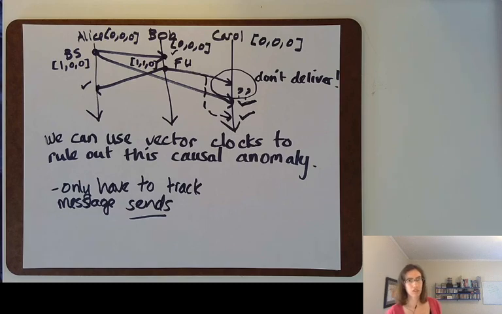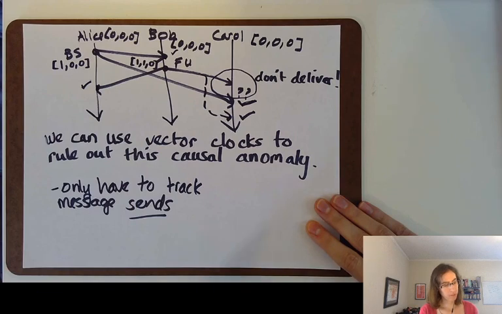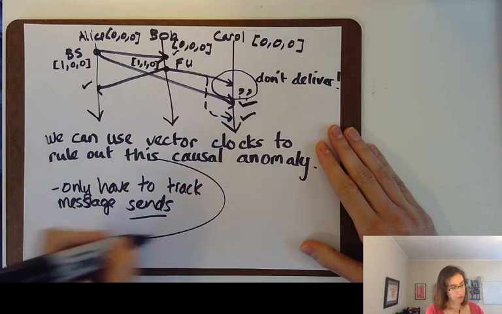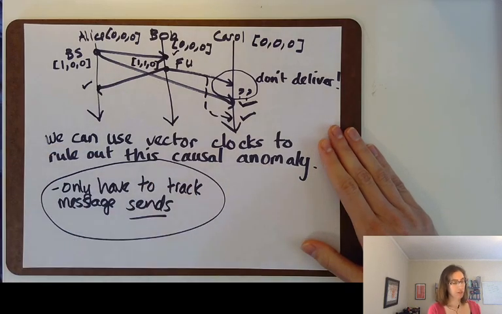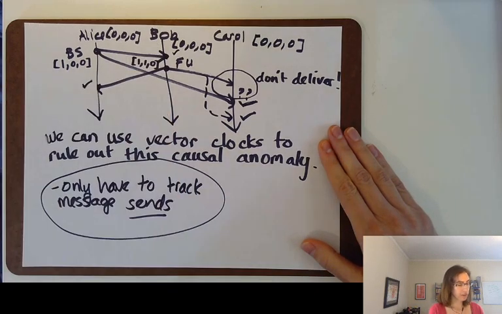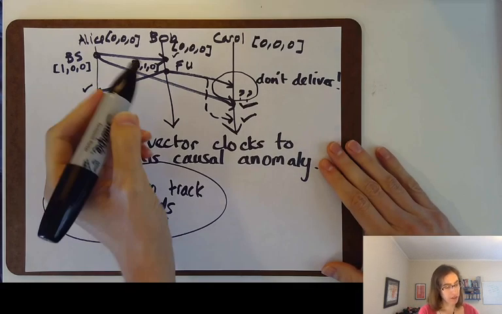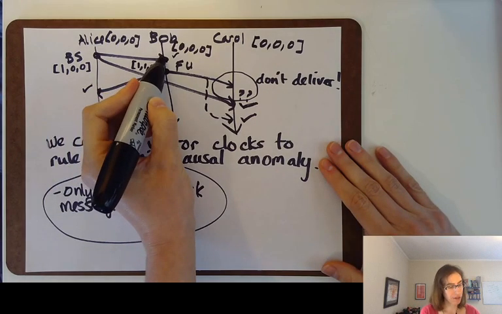Question in chat is, shouldn't the second event on Bob's process line be 120? So that's where this comes in, where I say we only have to track message sends. So this here actually doesn't count as an event on Bob because it's a receive. So we're only counting sends as events in this algorithm. So you're right. It would have been 120 if we had been counting message receives as